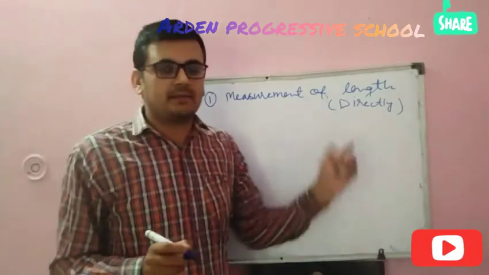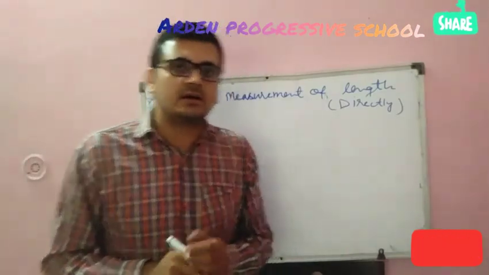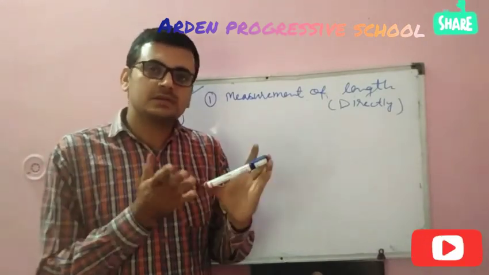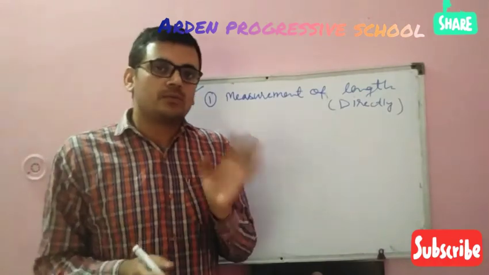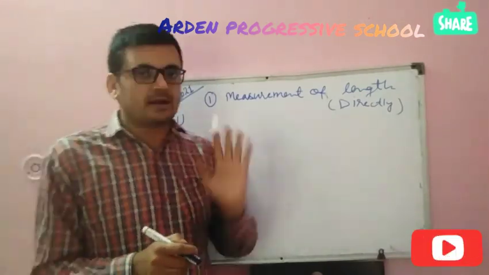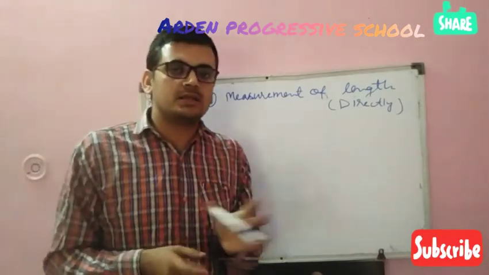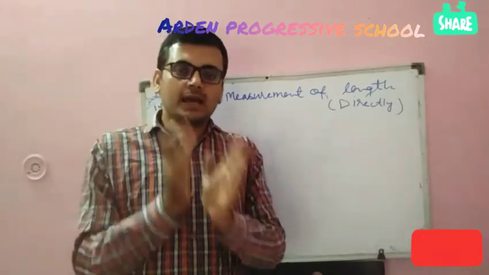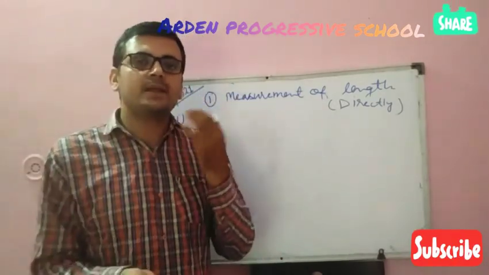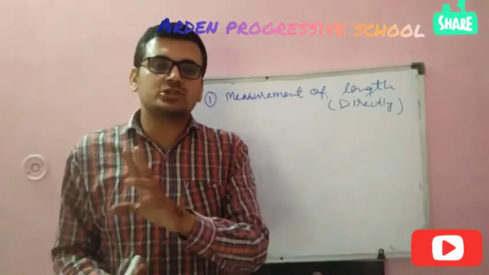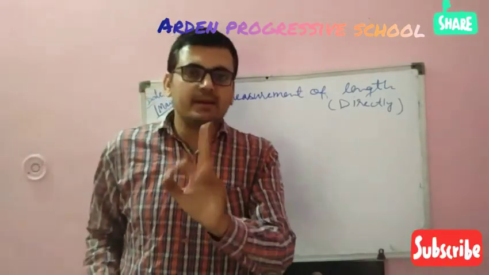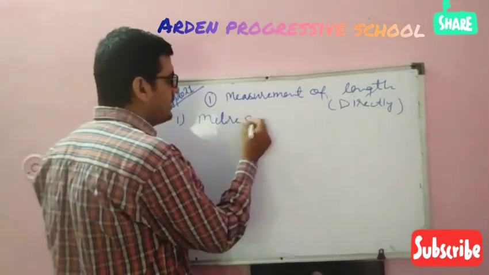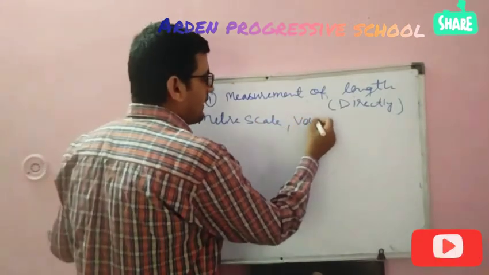This is for the direct method. Student, how can we measure any length directly? If you want to measure the length of this, what will I use? I will use a scale. Okay, so what is the meaning of direct? If any length or distance can be directly measured by any instrument, that is called the direct method, like meter scale, vernier